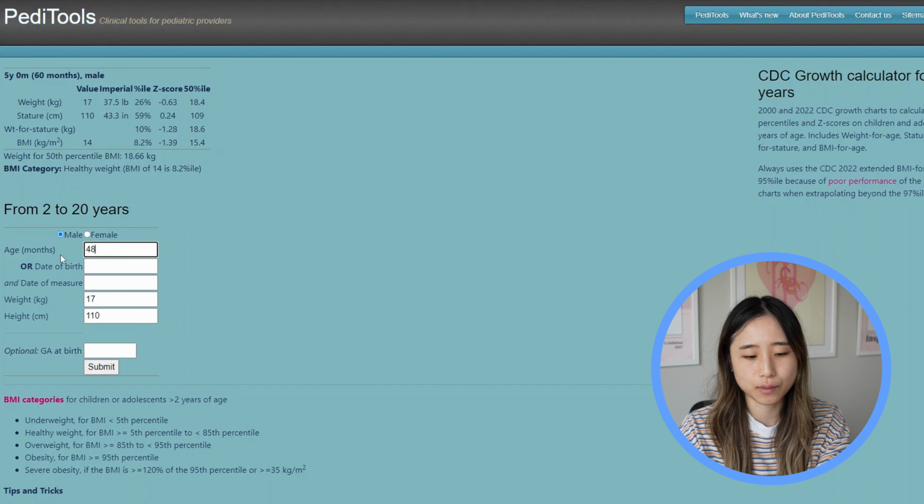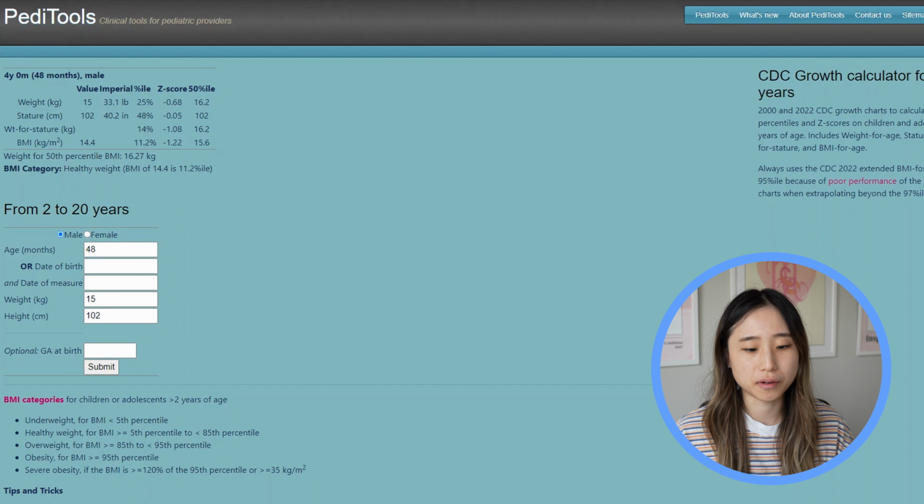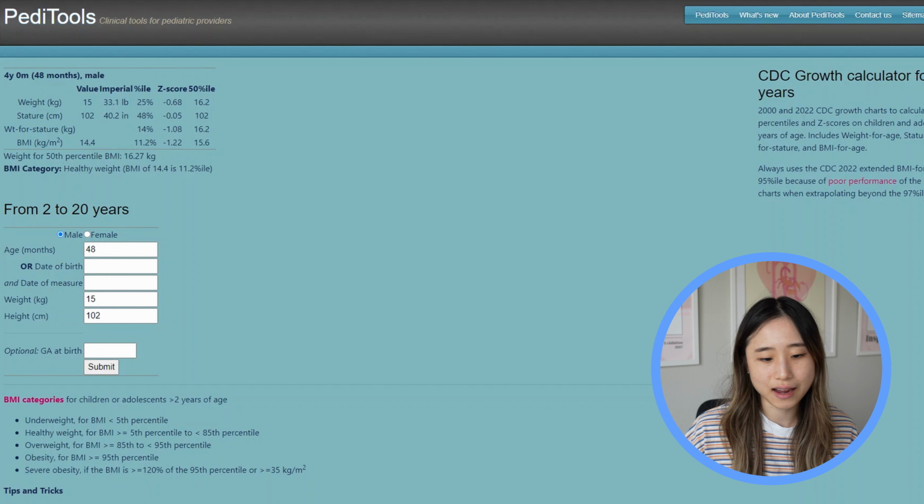And let's look at what he was before. So at 4 years old or 48 months, he was 15 kilos and 102 centimeters. So as you can see, he was fairly similar before. So kind of always on the thinner side, like mom said. His height is pretty average. So obviously we looked at his growth curve and he looked to be pretty okay, but we want a little